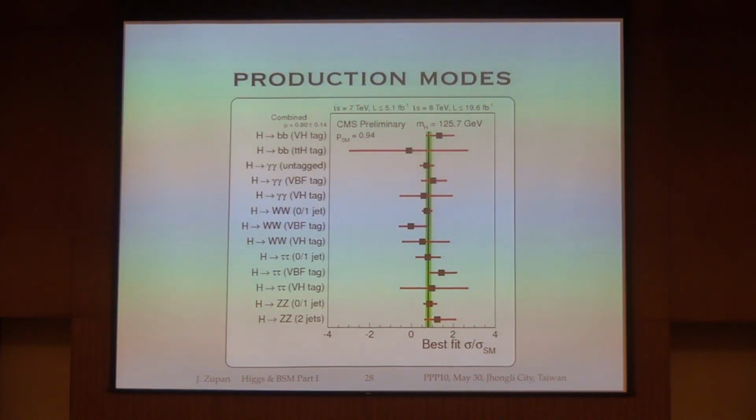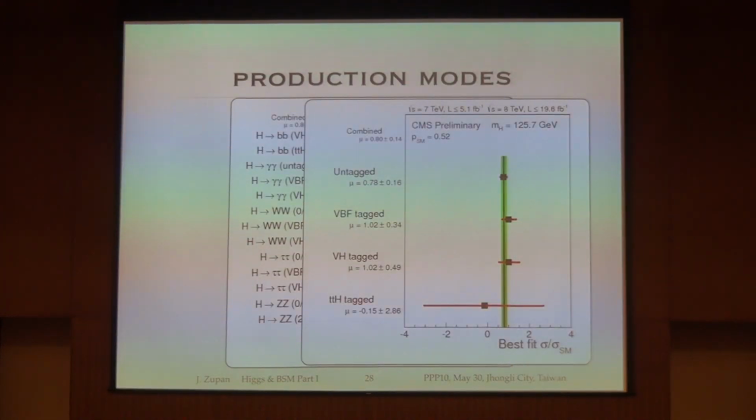So if you want to do the fits, you want to use a table like this where you have a particular production and a particular decay. Now what you usually see in the talks is something different. For instance, you could assume that the decay modes are the standard model ones, then you measure the cross sections. What's plotted on the x-axis is the cross section divided by the standard model cross section. So if you're sitting at 1, the cross section agrees with the standard model. The green line here is the average over all the modes, and the